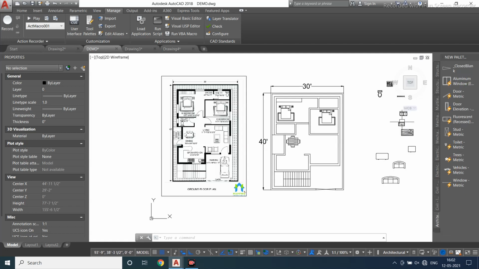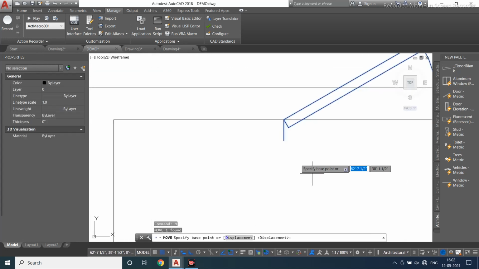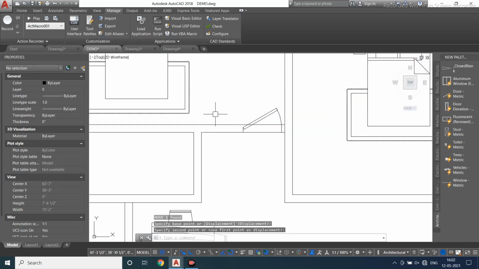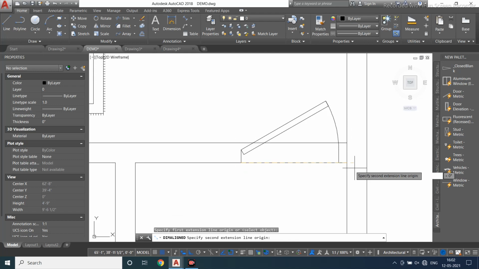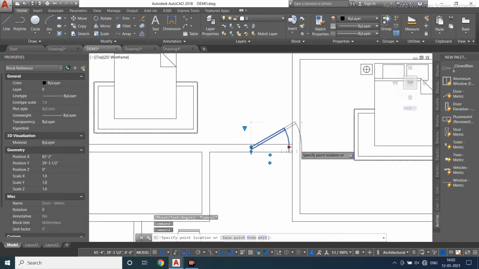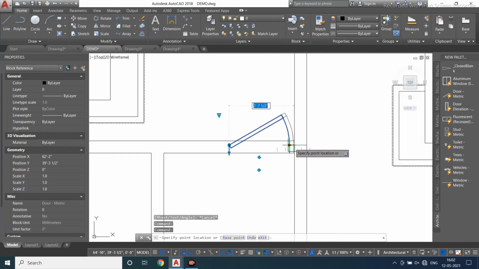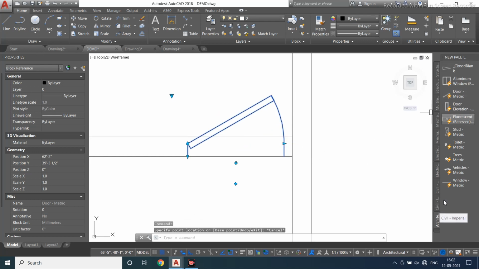In this, I'll get my doors, metric doors. So shall I select from here? Then I'll just move it to the end, click and drag, that's it. Annotate, just check whether the measurement is right or wrong. So it is around 2 feet. You can see it is around 2 feet 7 inches. This is 2 feet 11 inches. So this is a metric one.